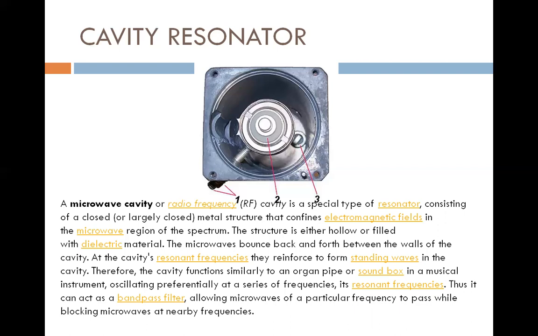Operation: placement of one wall at one end of the waveguide ensures a standing wave, and placement of the second wall at the opposite side ensures the oscillation. If the source is located between the walls and the second wall is at a distance n lambda p by 2 from the first, and these conditions are fulfilled, oscillation between the two walls takes place. And this oscillation continues until all the applied energy is dissipated, or indefinitely if energy is constantly supplied. So this is a cavity resonator.